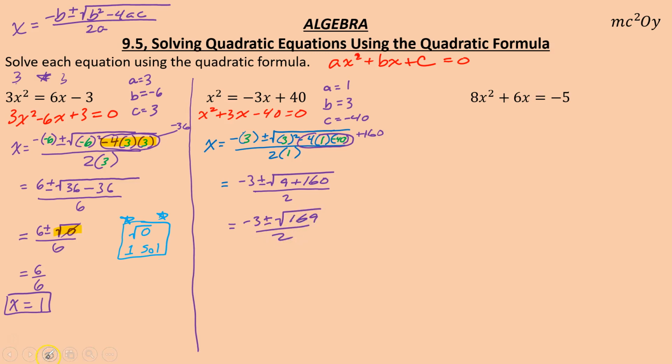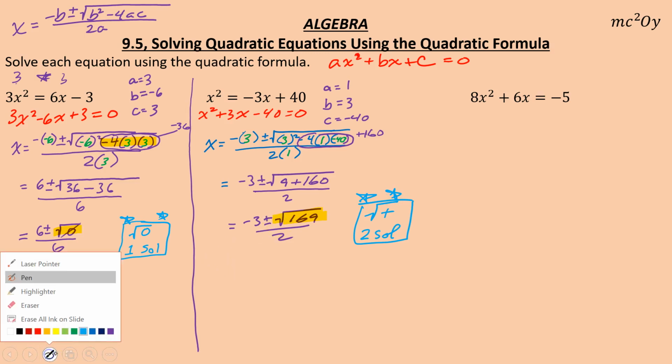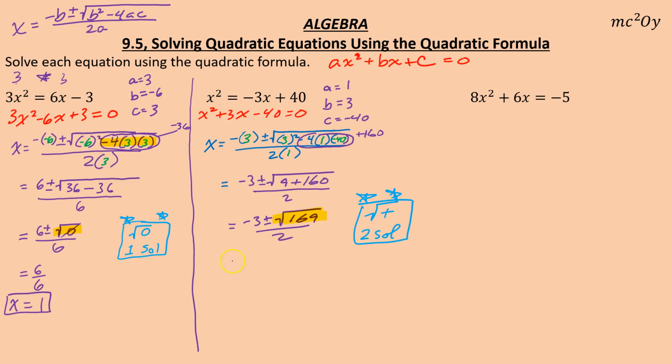Well, at this point, I'm going to pause for a minute, and I just want to draw your attention to my root. That is a positive square root. Okay? And remember, whenever you had a positive square root in the past, whenever our root was positive, we ended up with 2 solutions. Okay? And once again, I want to bring attention to that. And so the reason that happens, remember, as we're looking at this, this is negative 3 plus root 169,